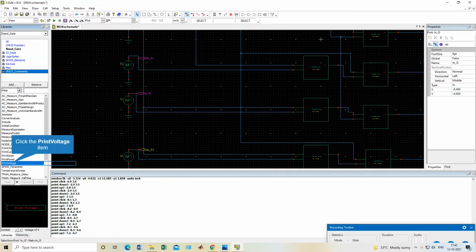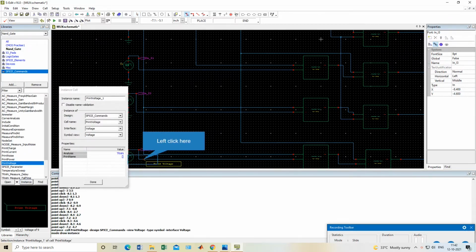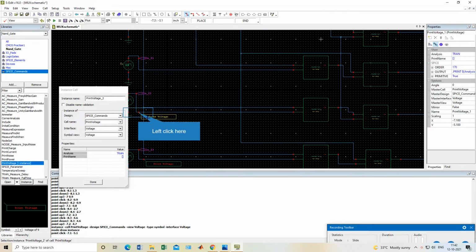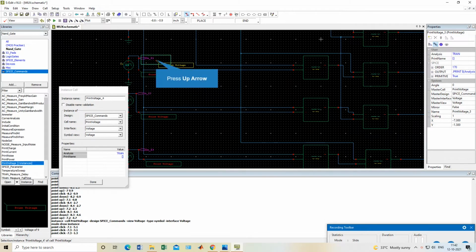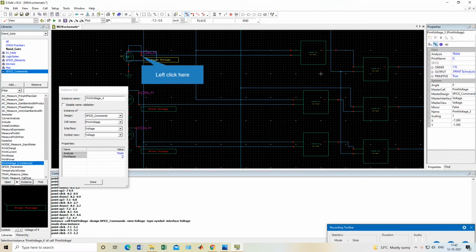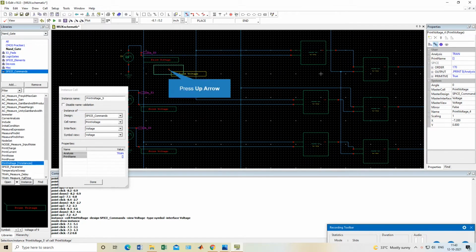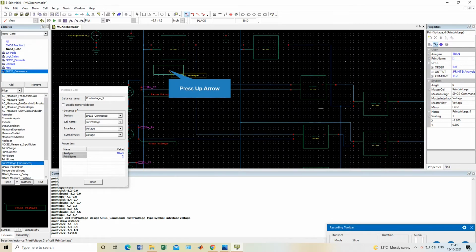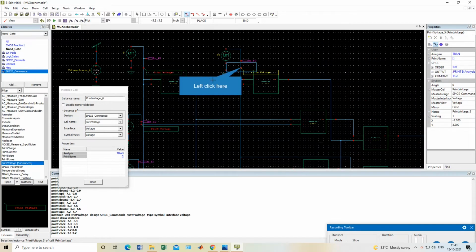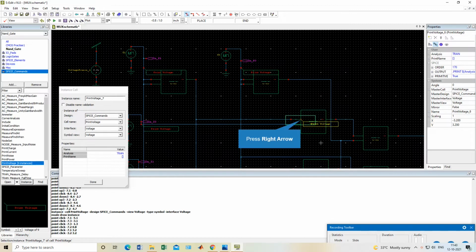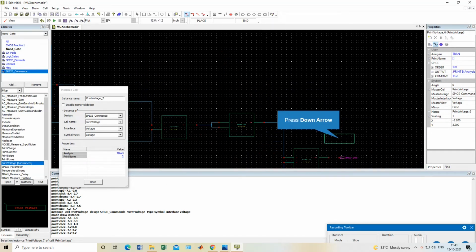We need print voltage also now. Otherwise, how will you check the output? So one print voltage will be here, one will be here, one will be here, and one will be here. This is for input lines, and this is for your select lines, and one will be at our output.